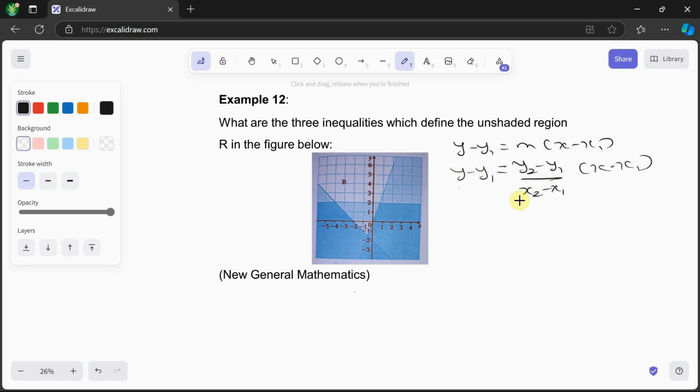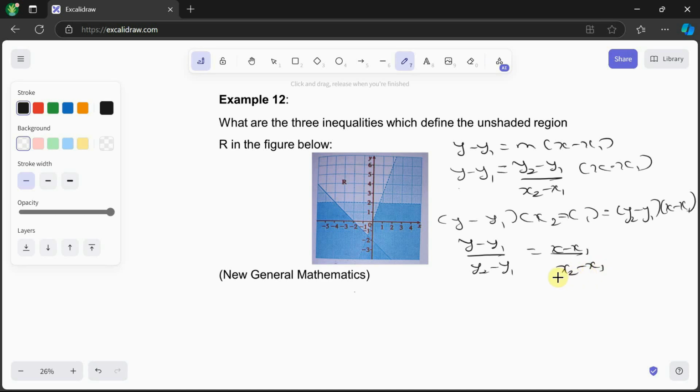So if I cross multiply, that would be y minus y1 times x2 minus x1 is equal to y2 minus y1 times x minus x1. So if I make all the y's to be on one side and all the x's to be on one side, that will be y minus y1 all over y2 minus y1 is equal to x minus x1 all over x2 minus x1. And if you look at it, this was the equation that we had when we said if you have 2 points, you can find the equation of the line. I just said I should prove it. I didn't prove it in that particular video, but when you prove it, you realize that it's the same formula